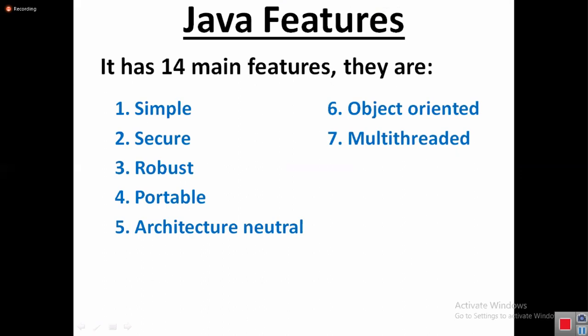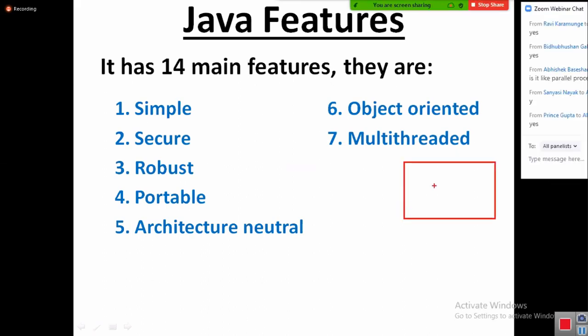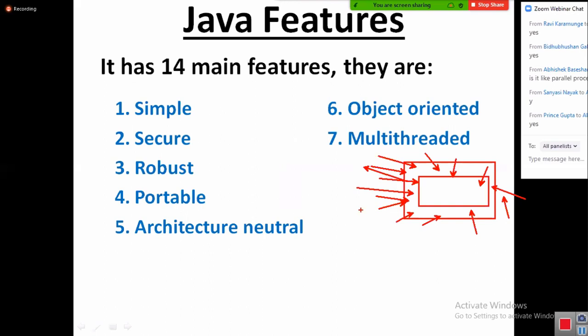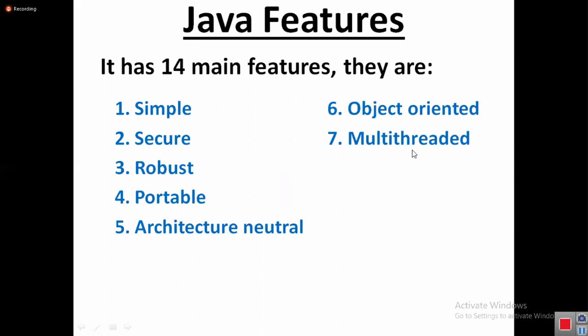Why is Java a multi-threaded programming language? Every network-supporting application, every internet application, must be a multi-threaded application, because at a time it is getting so many requests. Each request it has to process individually from the others. Everyone understand that? Fine. So Java is a multi-threaded programming language that is suitable for internet application development.